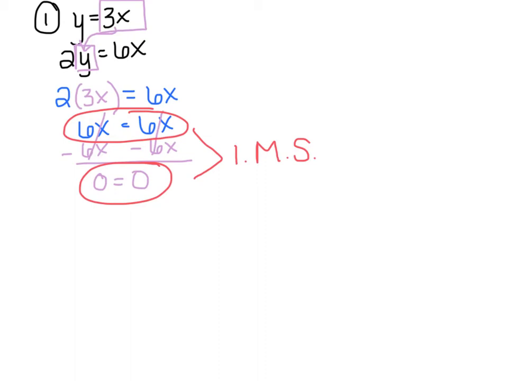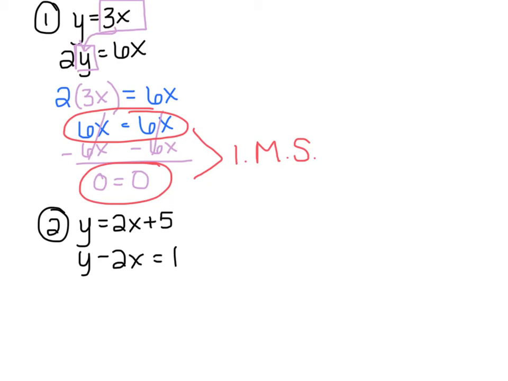Okay, let's look at the next one. The next one says y equals 2x plus 5. So again, you should be writing these down on the last page. This is the very last page in the whole packet. It says reteach 6.4. And y minus 2x equals 1. Okay, again, this is set up really nicely for substitution. So I'm going to take what y is equal to, plug it in right here for y, and that's going to look like this. 2x plus 5